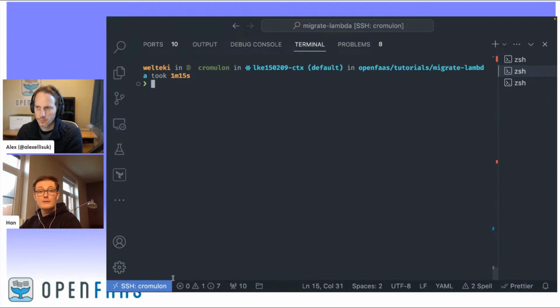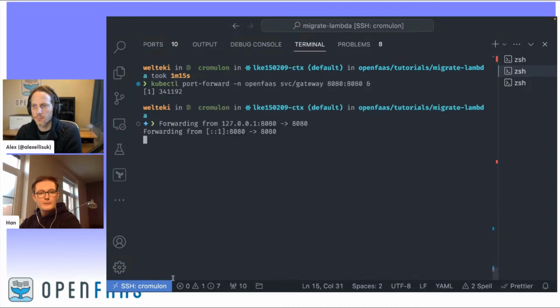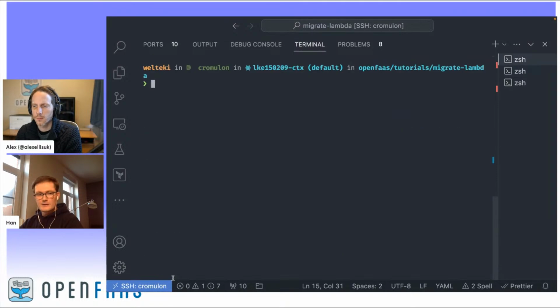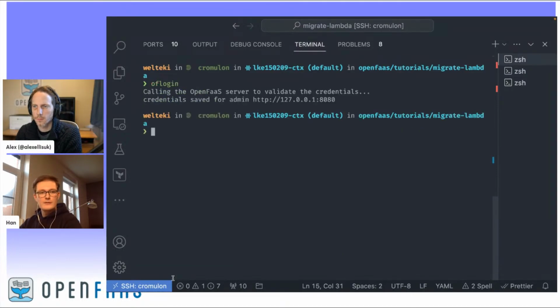And then we've now tested it locally, so to deploy it to our OpenFaaS deployment, it's really easy. First, I will, of course, need to port forward, because of how I've set up my cluster. And then once the OpenFaaS gateway is port forwarded, I can... This is a shortcut that I've set up to actually call faas-cli login and first fetch the credentials from OpenFaaS, and then